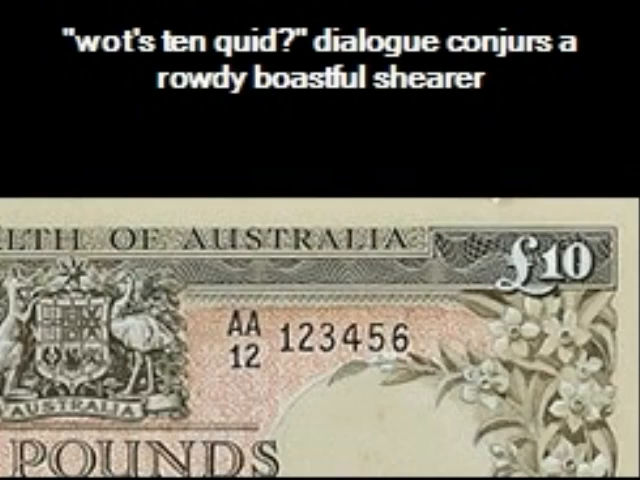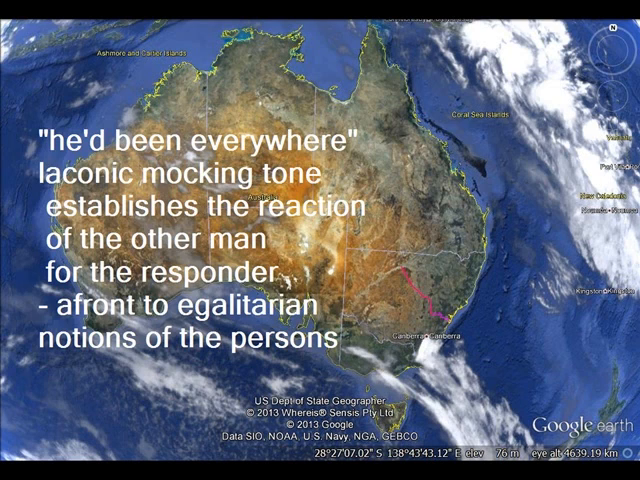the larrikin character. The comment, "he'd been everywhere," has a really mocking tone, and it sort of establishes the reaction of the other men for the responder. It's laconic, so it's a little bit humorous. It's a little bit of mocking him in some ways, and so the reason for this is because this particular larrikin is sort of an affront. He sort of annoys the people in the carriage,